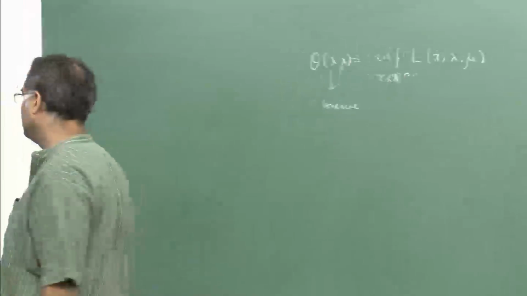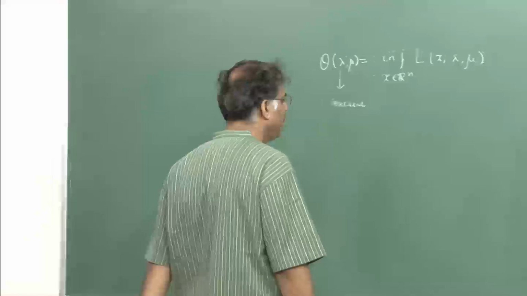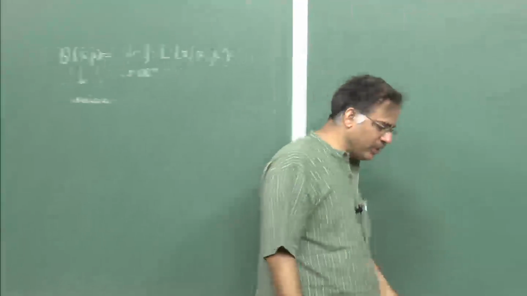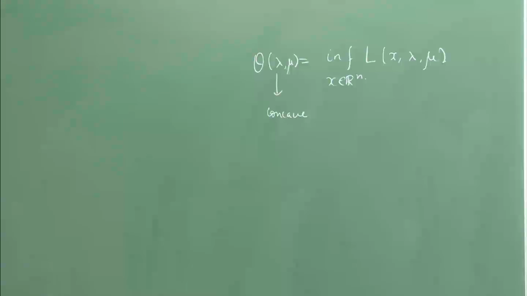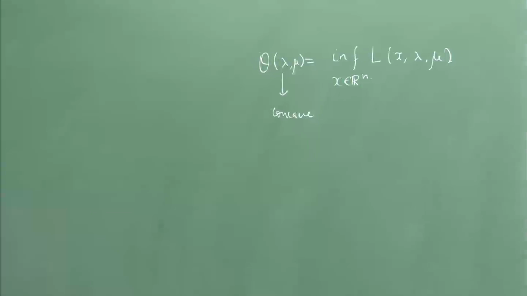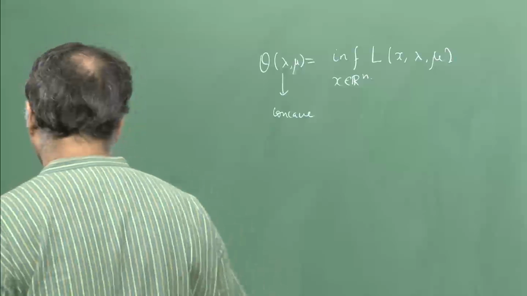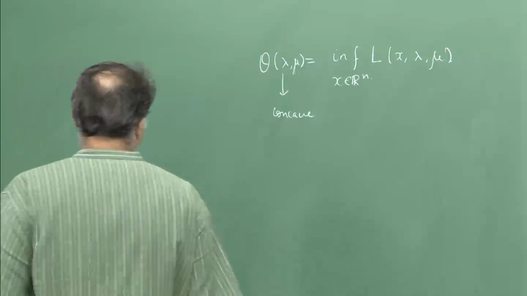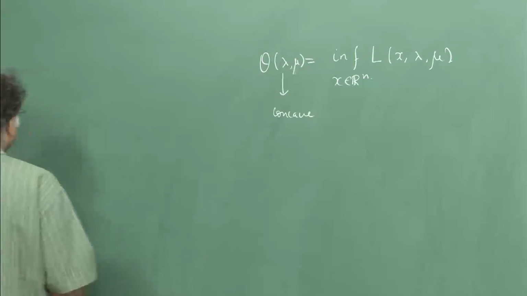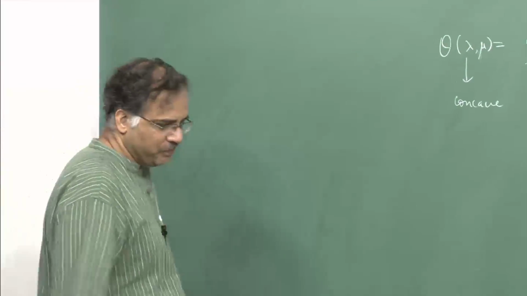So, we need to now look into the dual properties of this function. If it is concave, then its negative is convex, then can I find a subdifferential and all those things, and when it is differentiable, that is also a question. So, we will start with one example